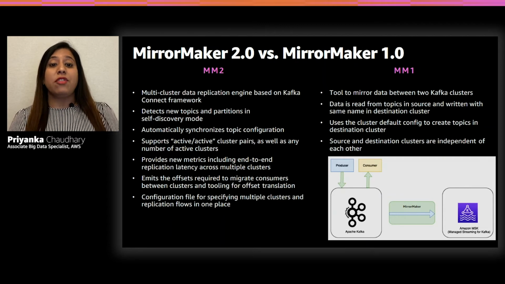So basically, whatever Jeremiah showed in the previous slides, you can do any disaster recovery scenario with MM2. It can provide you new metrics including end-to-end replication latency across multiple clusters, so you can track your latency with the help of metrics. It can emit the offset required to migrate consumers between clusters and also helps in providing the tooling for offset translation. The configuration file for specifying multiple clusters can live in one place, so it will be easy to manage